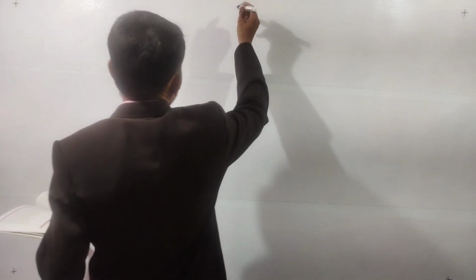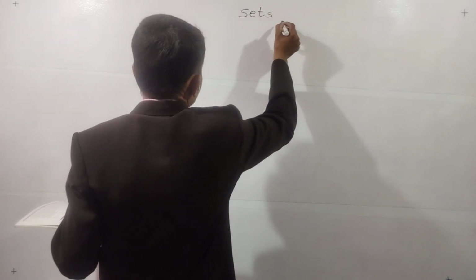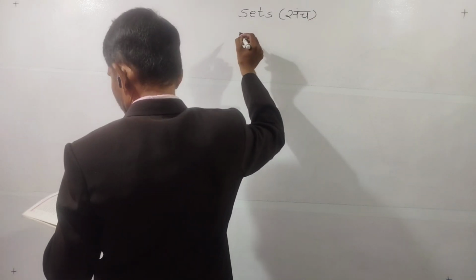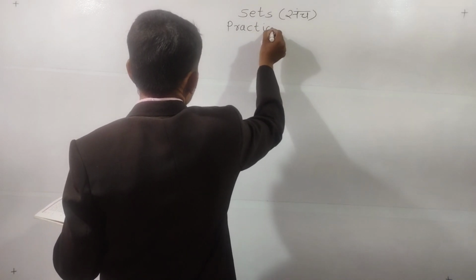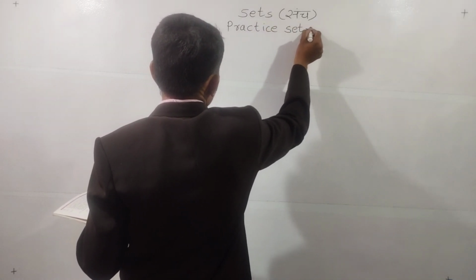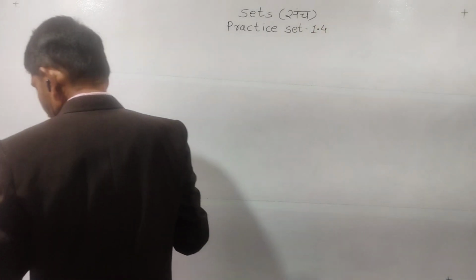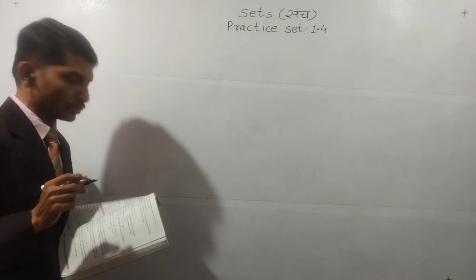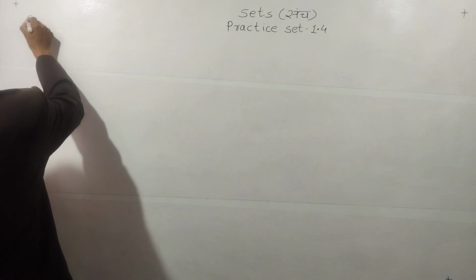Now see, we will write down here the name of the chapter, that is sets. Sets means Sanch. Practice set number 1.4. Now I am going to write all the questions here, so it will be convenient for you. So question number first: